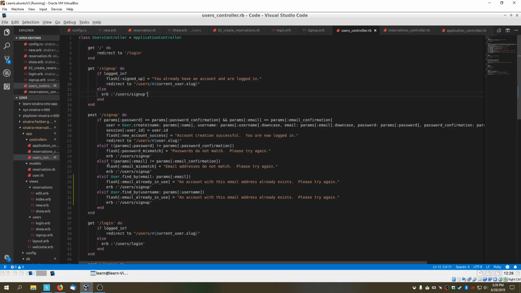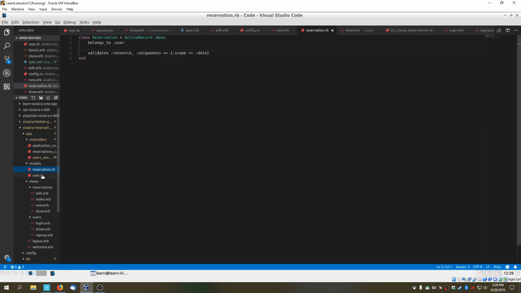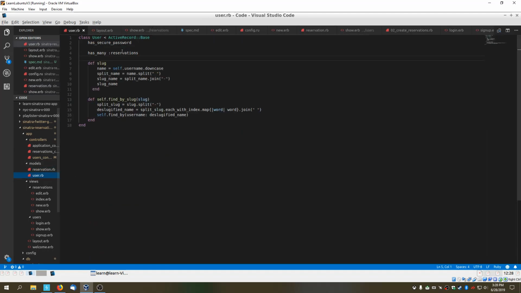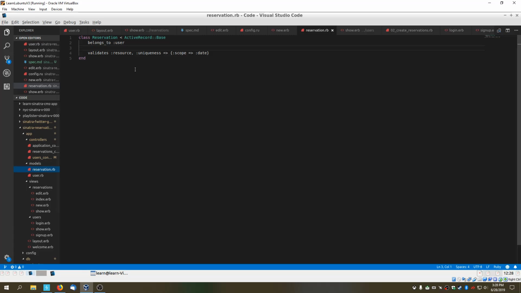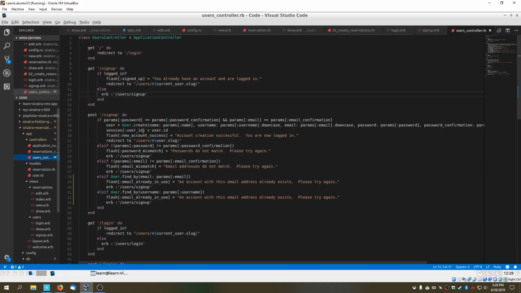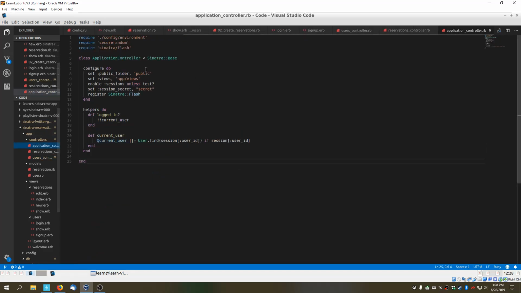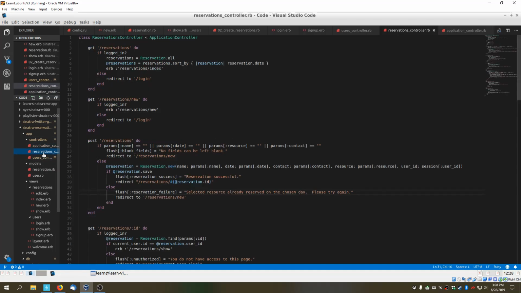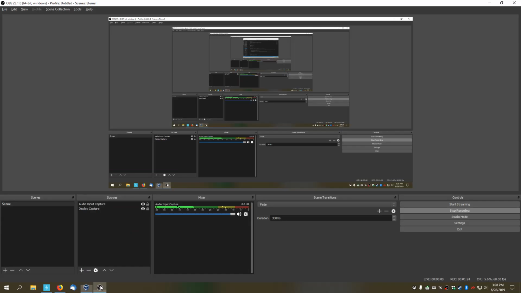But with my reservation system, I have the user and reservation models, and the user has many reservations, and a reservation belongs to a user. As far as controllers go, I have the user's controller that inherits from the main application controller, where everything is configured, and I have some helper methods defined. And the